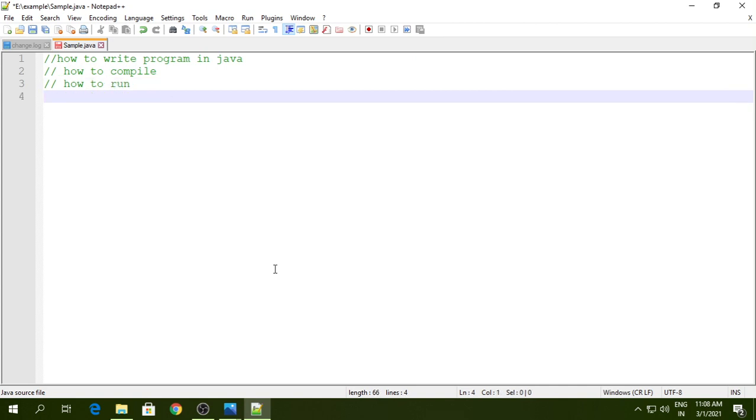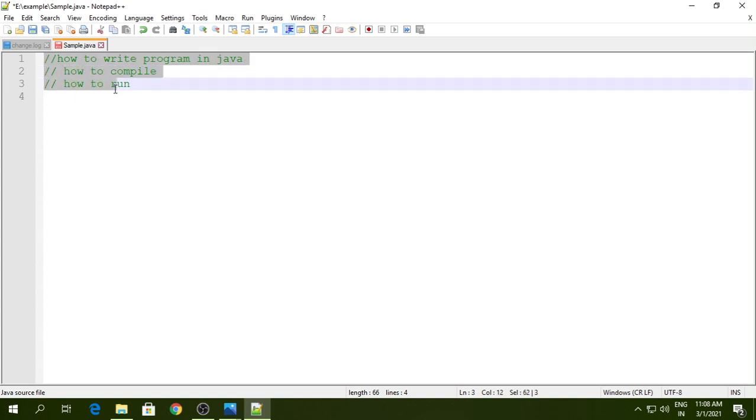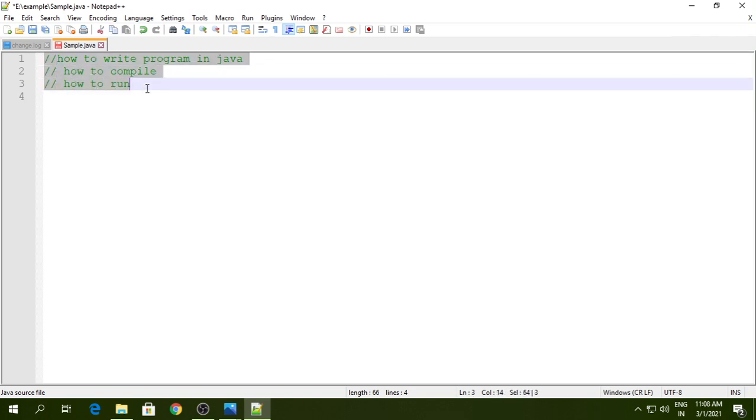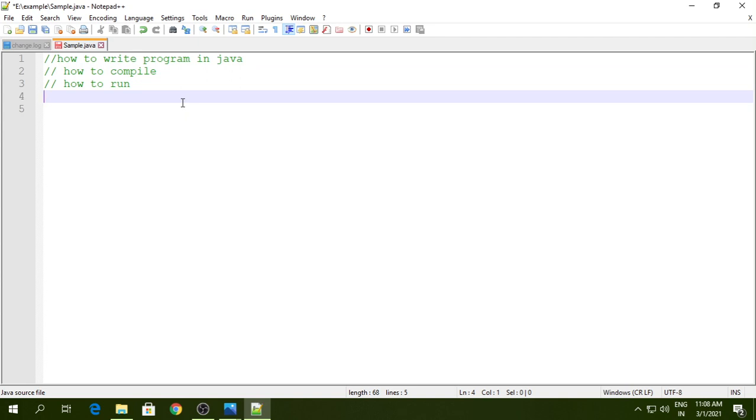Fine. So now from this you can understand that these are the comment lines. This is your single comment line. Here by giving this slash you can give comments to your Java code, which are the non-executable lines. Later we will learn all these things. So first just let me explain how to write a code, how to compile the code, and how to run the code. So first let me define a class.